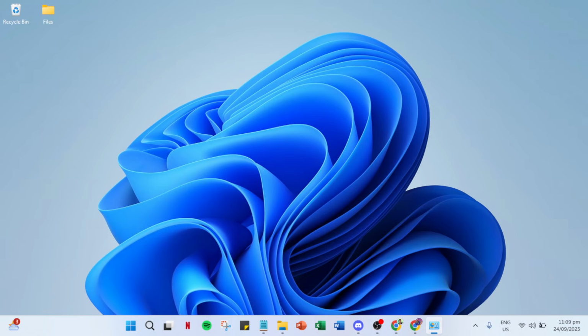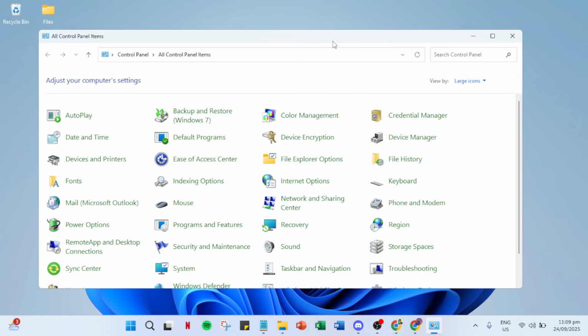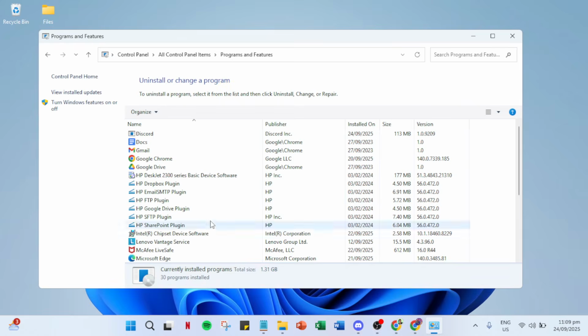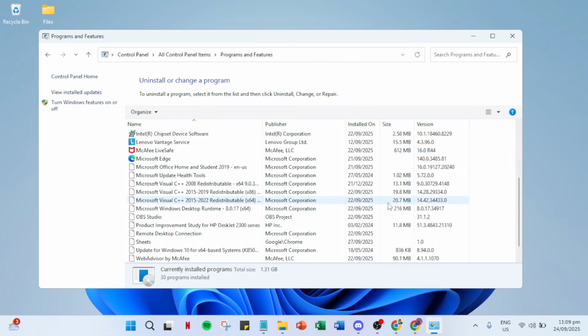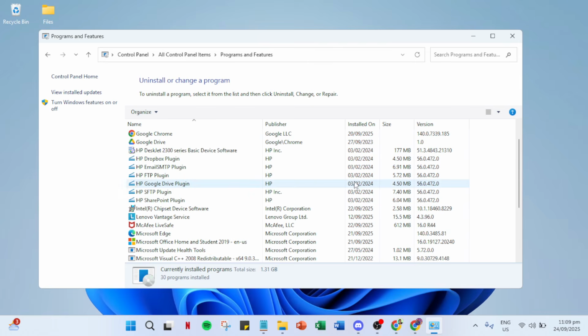From here, carefully review any recently installed applications or software updates. Sometimes, new or malfunctioning installations can cause display issues like the black screen one you're experiencing. If you spot any software or apps that you believe may have contributed to the problem, especially if the issue began soon after their installation, it might be worth uninstalling them to see if that resolves the issue. Simply select the problematic app and click Uninstall. Follow the on-screen prompts, and the software will be removed from your system.